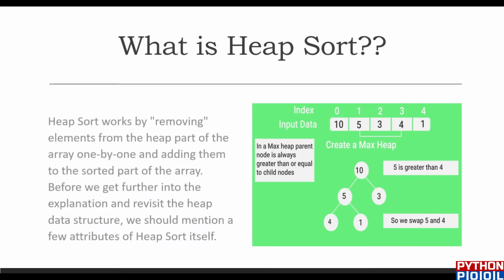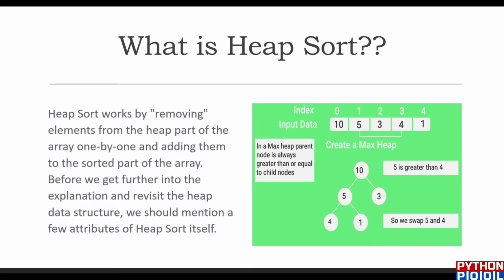What is heap sort? Heap sort works by removing the elements from the heap part of the array one by one and adding to the sorted part of the array. What does it actually mean? I assume that you are familiar with the heap data structure of Python. So what Python does is, it takes our unsorted list, converts that to the heap, and it pops the maximum element from the heap, stores that in another list, names it as ordered,